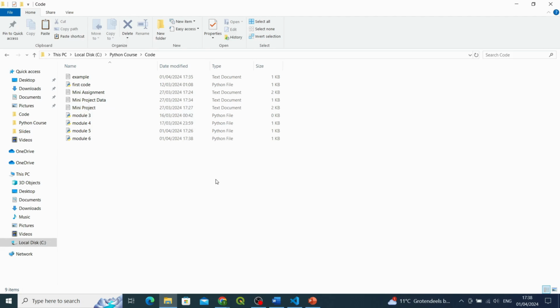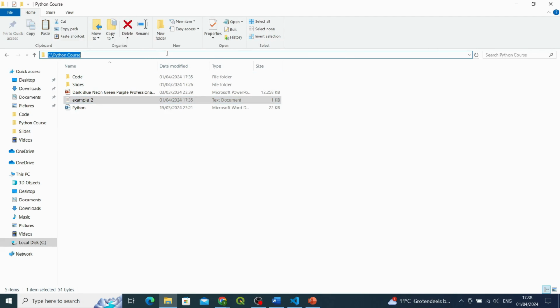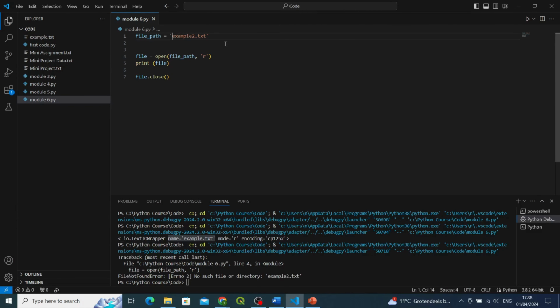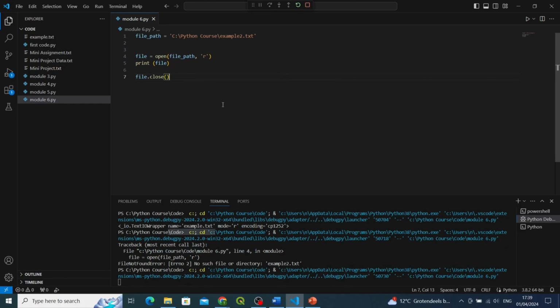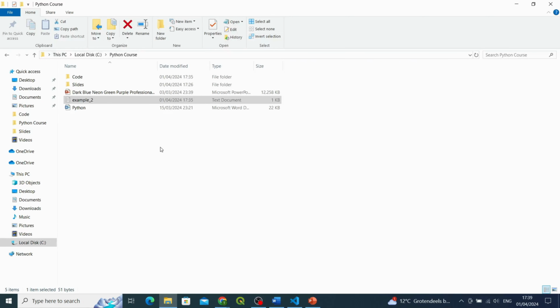Now one thing I can do is give the complete path of this file. I copy this path over here and paste it, then add example2.txt. So it is the complete path, not a relative path anymore. Whenever Python sees this path, it will go to the C directory, then the Python course folder, and so on. So if I run the code now, it says C, Python course, example2.txt, because we have